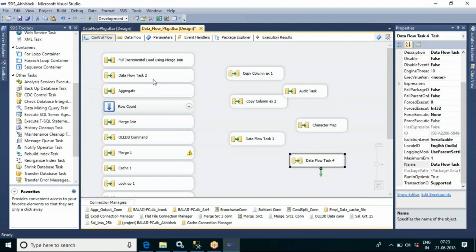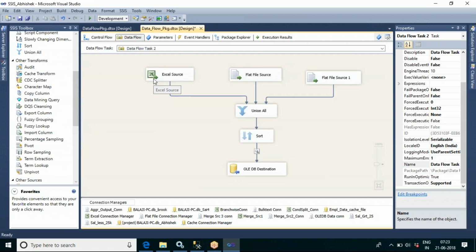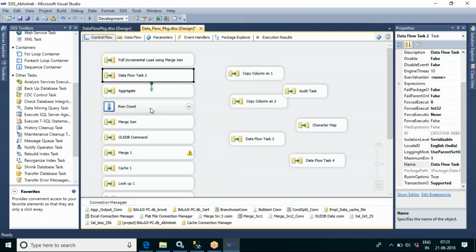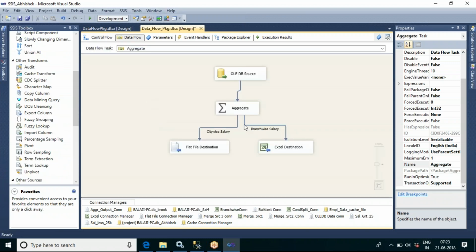If I go for data flow task, or let us say aggregate, you just want to test this package, and let us assume it contains 1 lakh or 10 lakh records.